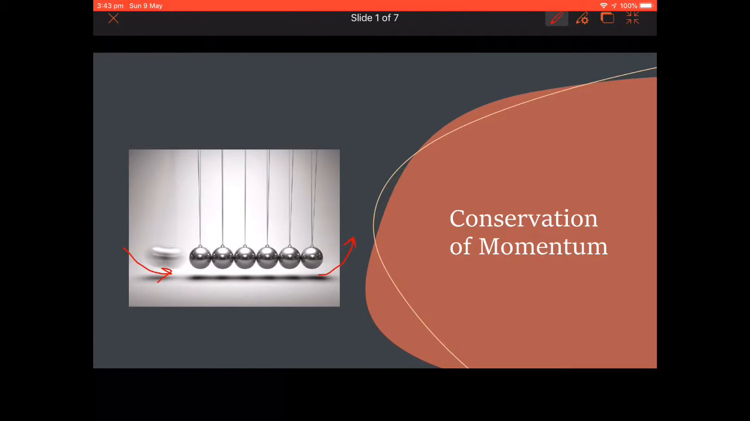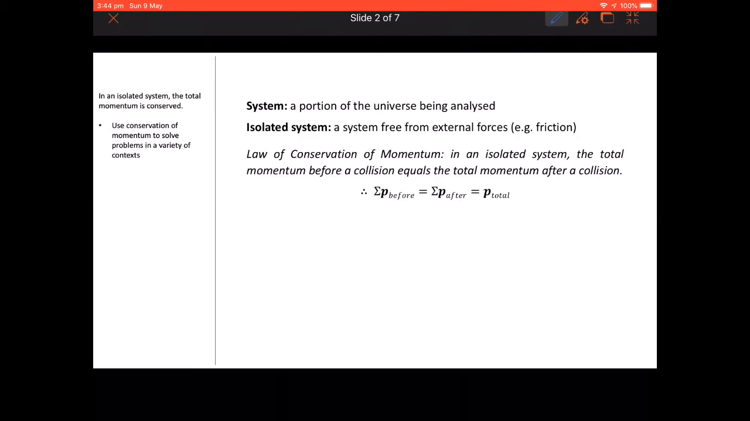And if you're in ideal physics land with no friction or no air resistance, this ball here will receive the same amount of energy as the original ball had, and it will swing up to the same height. In an isolated system, the total momentum is conserved. In stage 1 physics, you need to be able to use conservation of momentum to solve problems in a variety